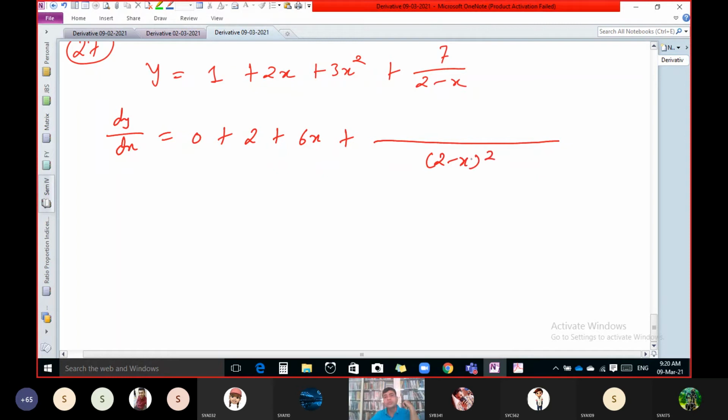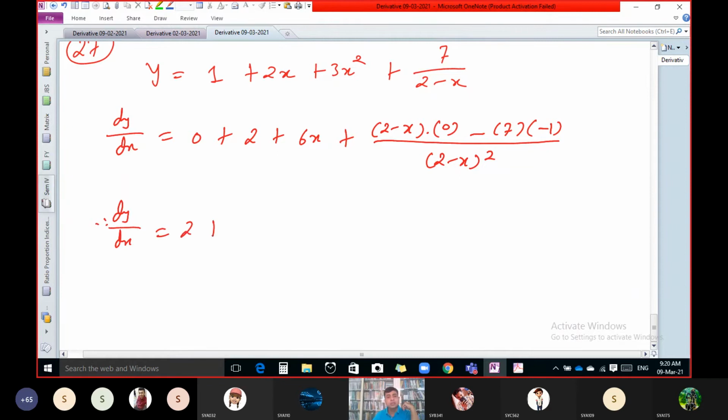use the u upon v rule. So 2 minus x into, now the derivative of 7 is 0, minus 7 as it is. Tell me the derivative of this denominator. Minus 1. Minus 1, correct. So my final answer is